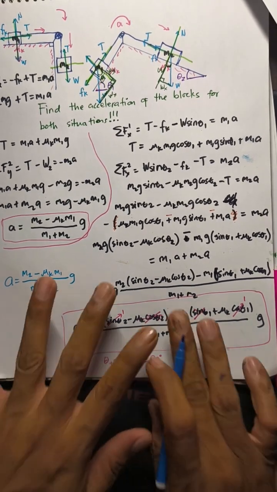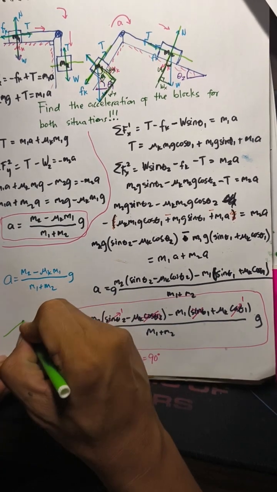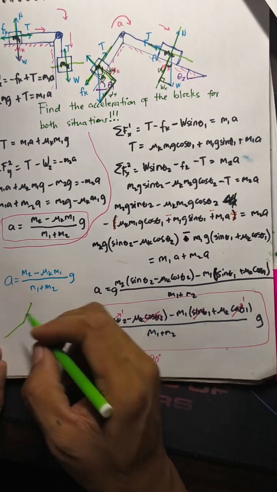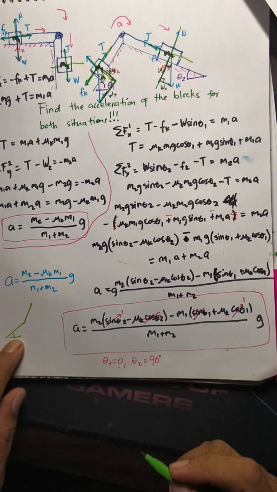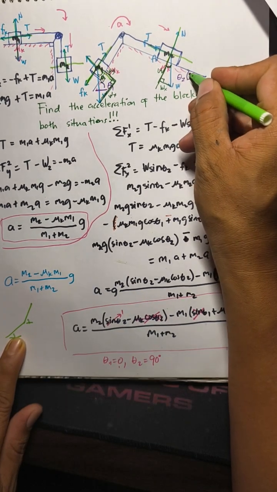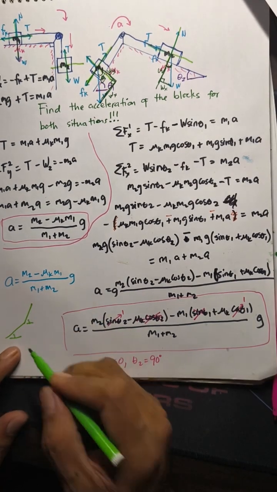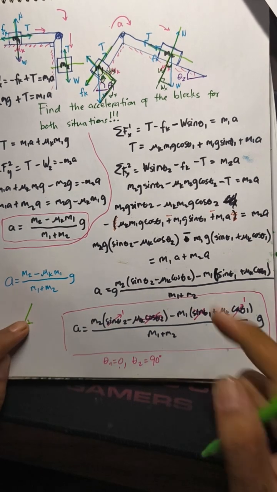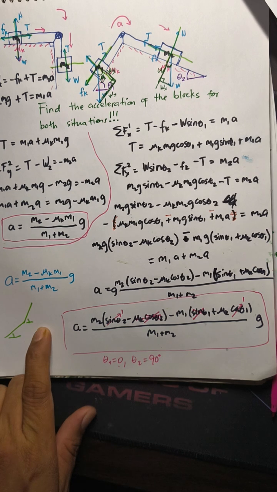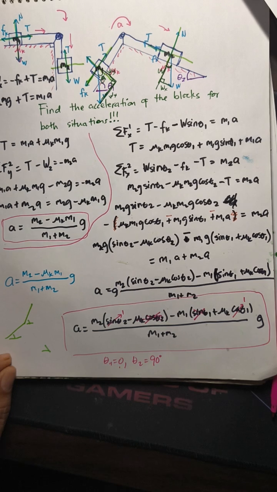In fact, using this, we can come up with any configuration that we like. We can even come up with this configuration. But of course, you have to be careful, because here sine theta 1 is positive, but for theta 2, because of how we labeled our theta 2, where would we put it? Our theta 2 actually would be negative here in order to arrive at this. It should be negative for this case, because our theta 2 is opening in that direction.